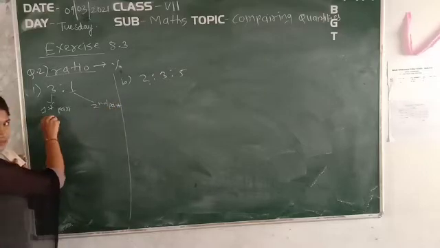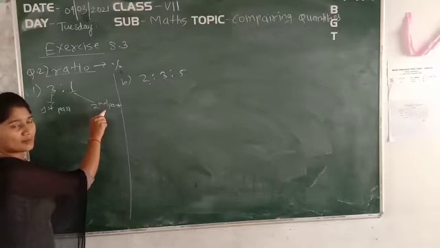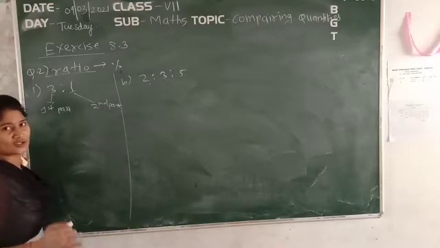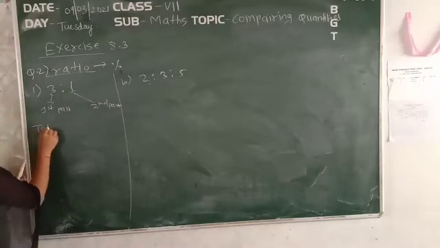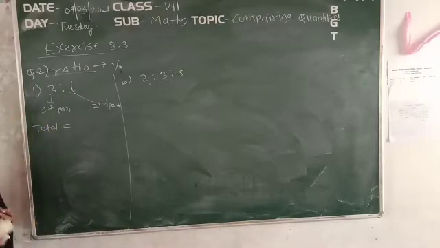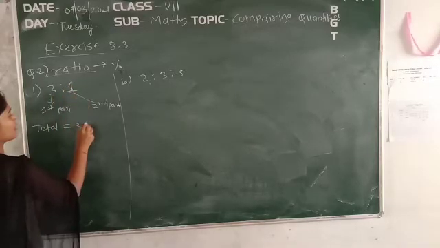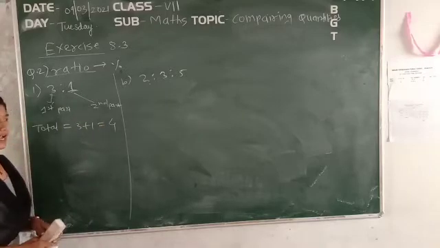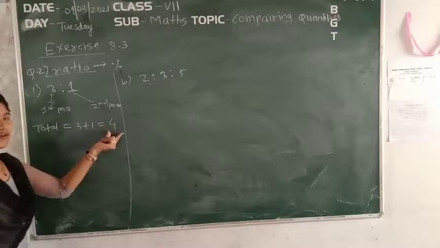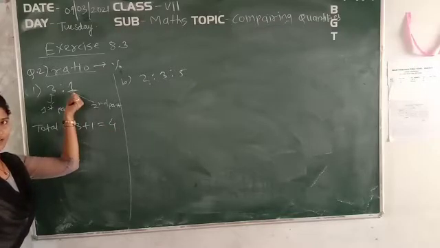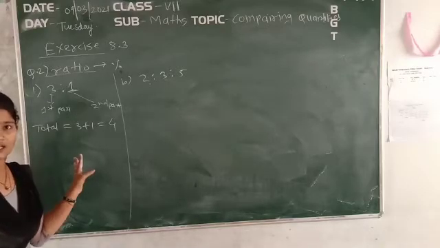Means the numerator of the first number, and this is also the numerator of the second number, but you don't know what the denominator is. So the denominator will be the total of these. So the denominator is like a total. First of all we have to find out the total, meaning the whole. Okay, so total is equal to 3 plus 1. Here 3 plus 1 will become 4. So that's why now out of 4 you have the first part as 3. Again out of 4 you have the other part, 1. So in that way you can write down the two fractions from this ratio.